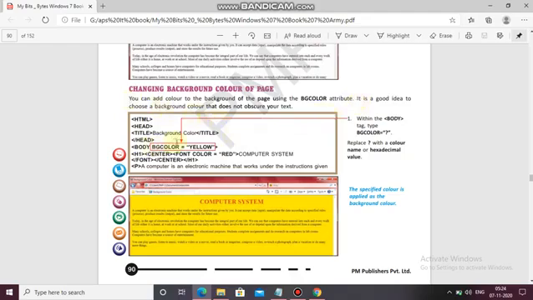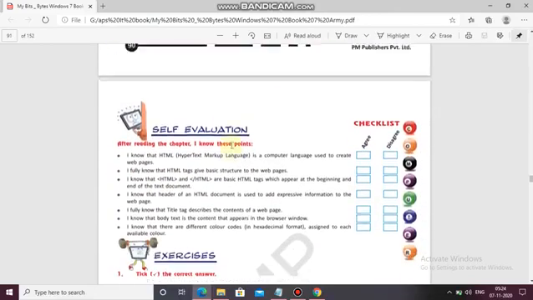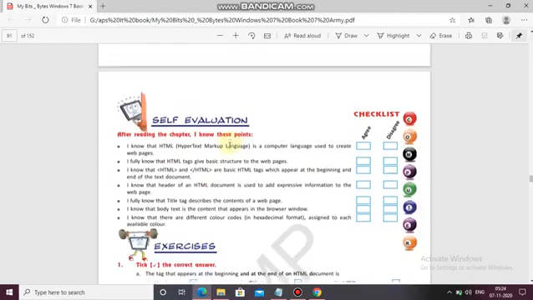So see, body BG color yellow, which I have shown you. Now you can choose any color. Instead of yellow you can use red or else silver, gray, aqua, whatever color you want. So here, now your chapter is completed.